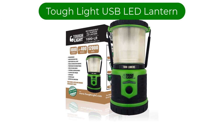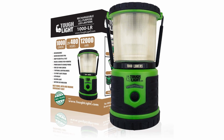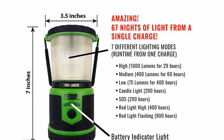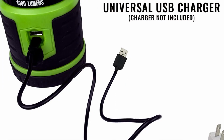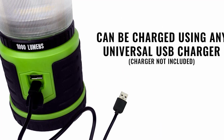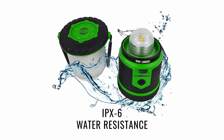Number 5. Our fifth best pick is Tough Light USB Rechargeable LED Lantern. This model LED light is one of the most impressive and useful inventions that we have seen in a long time. It is a new design and concept of a USB charging light that will be available for everyday use and beyond. It is a rechargeable light that can be used in your car, home, or to light any other place where a light would be handy, especially for dark places and nooks where you would like to focus your